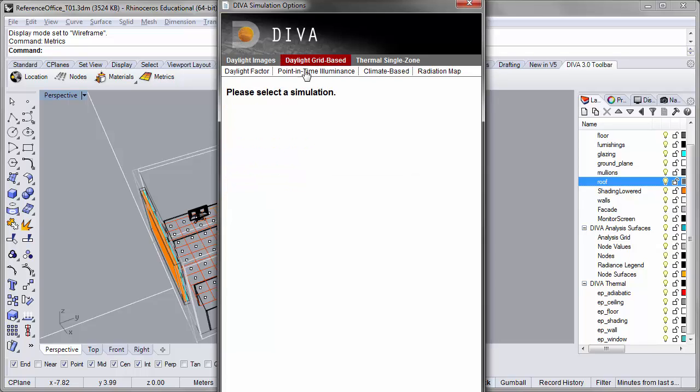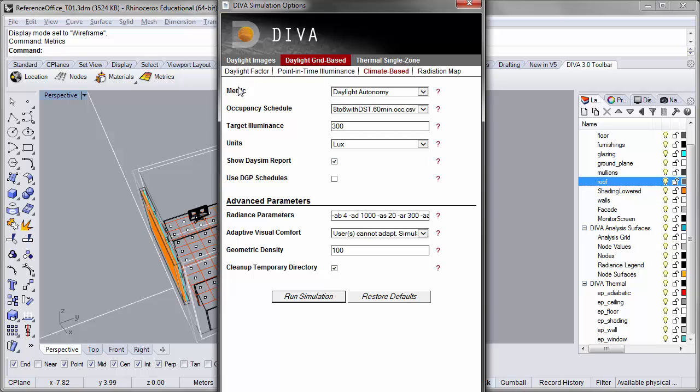And we will look at climate-based simulations again. We'll run another daylight autonomy metric here. We'll have to use the same settings that we did before, so we again have an apples-to-apples comparison. So our occupancy schedule previously was 8 to 6 with daylight savings time at 60-minute intervals, and so I will keep that selected. Our target illuminance was 300 lux, and we want to definitely